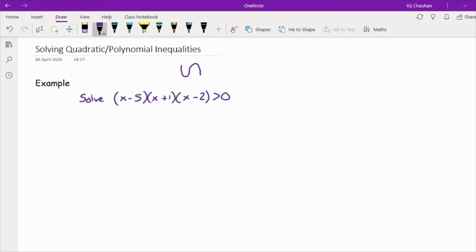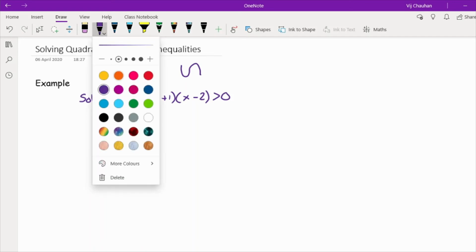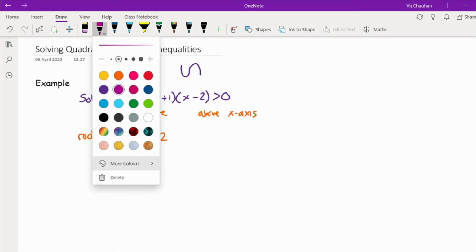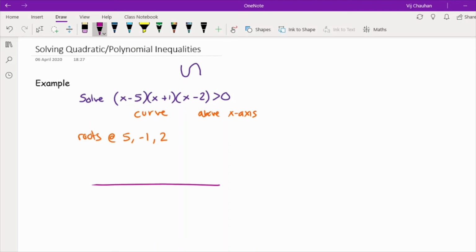So from this, as we go on to solve this for where it equals 0, before we do that, let's translate what this actually means. So this means where the curve is above the x-axis. So if I go on to solve this equation, the roots are going to be at positive 5, minus 1 and at positive 2. So if I start by drawing my x-axis, for example here is my x-axis,